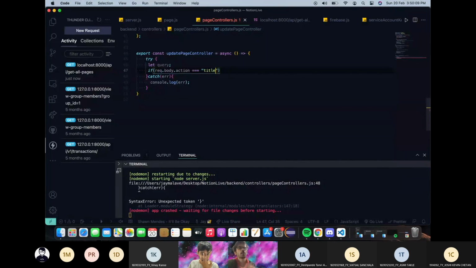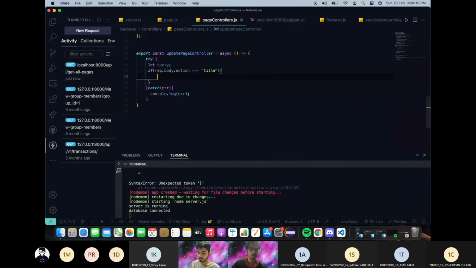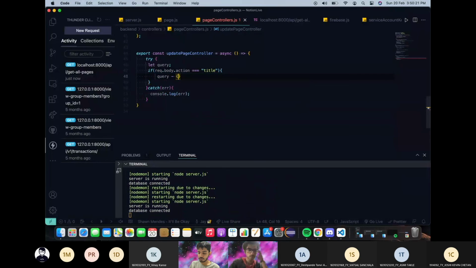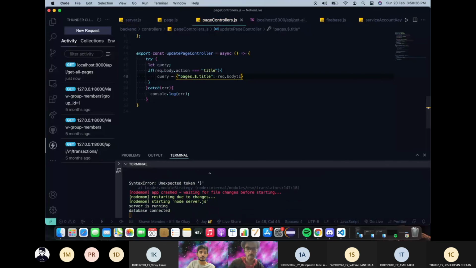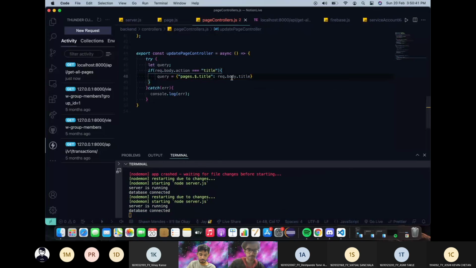So for that, that's an action: which action do you have to take? If I check that if request.body.action, which I will pass in the request body, is equal to my title, then I have to set this query variable to, again this is extremely syntactical, no logic at all, still I will explain how to understand this stuff: title, and the request.body.title that I received should be set equal here. Perfect. Else,